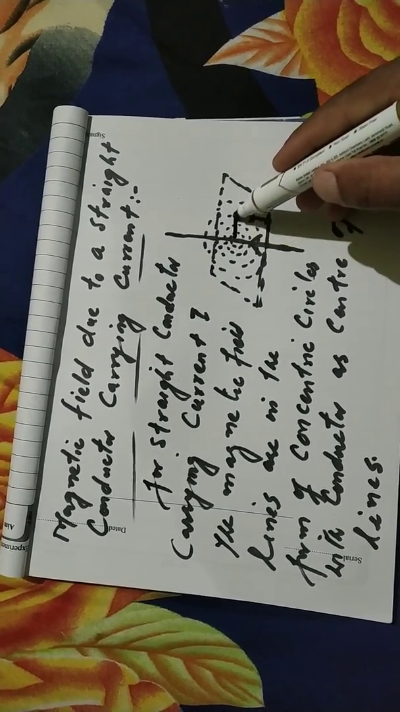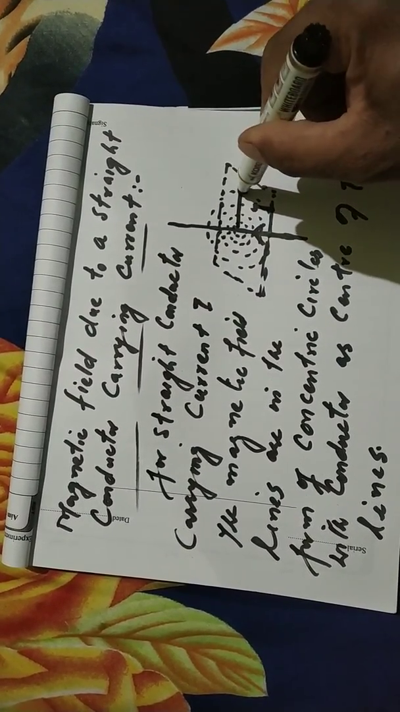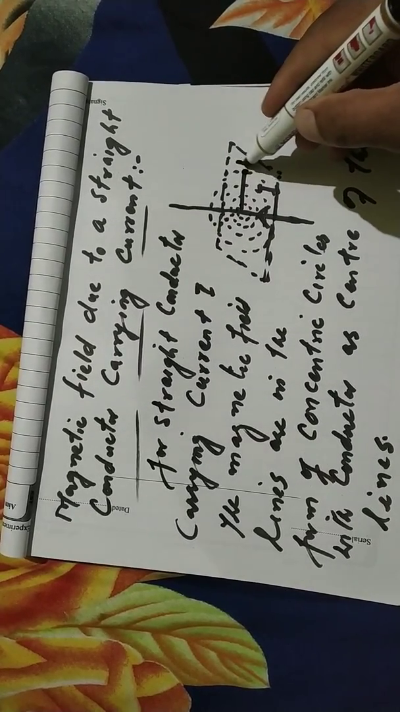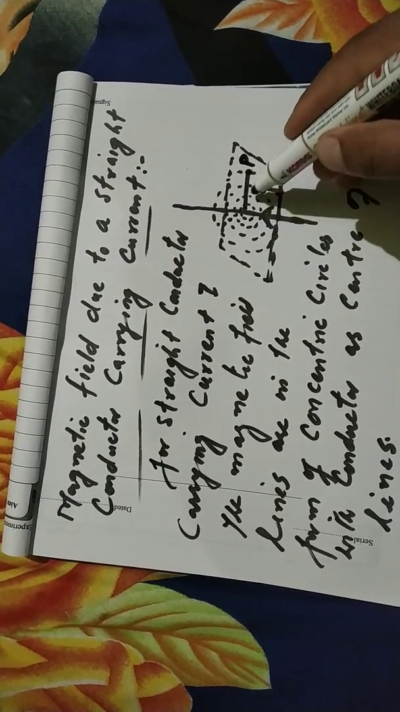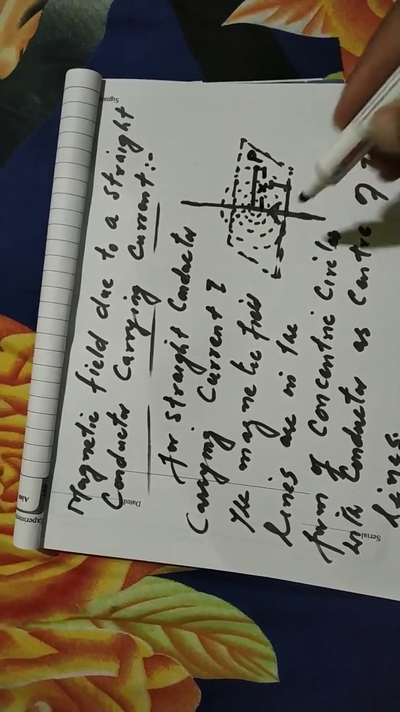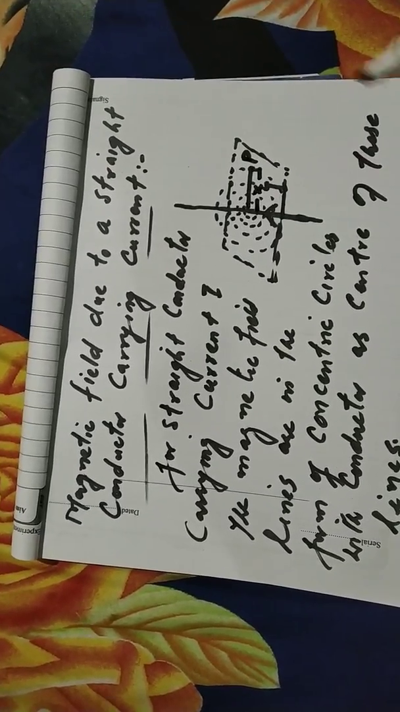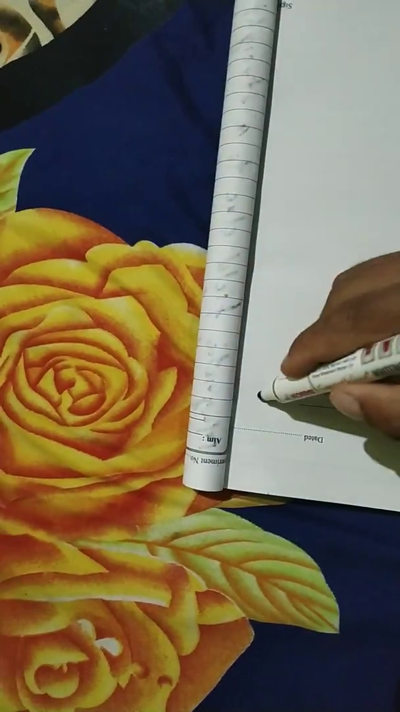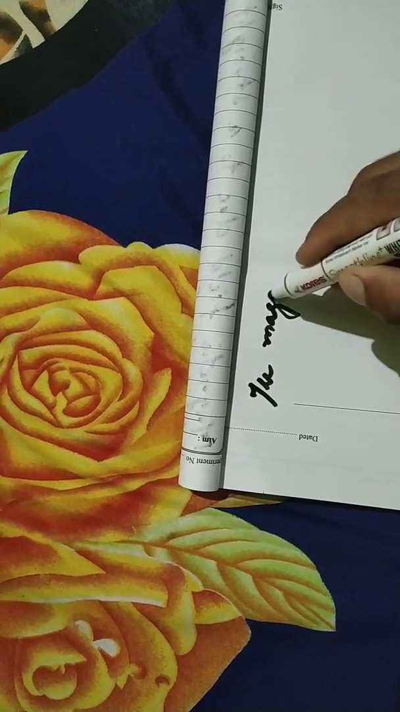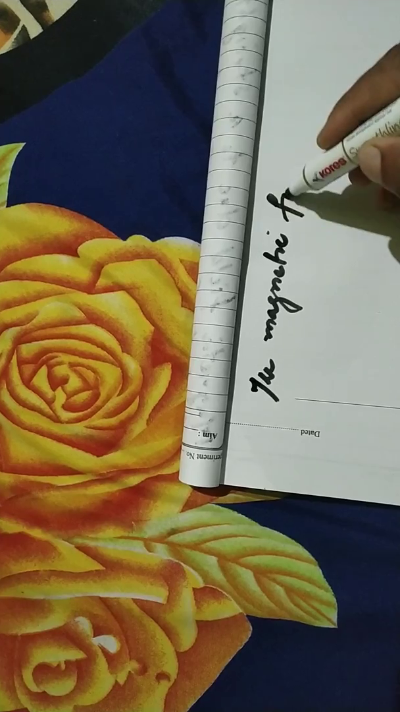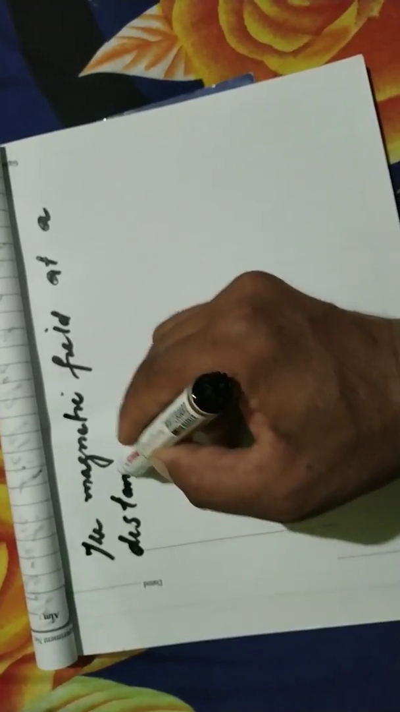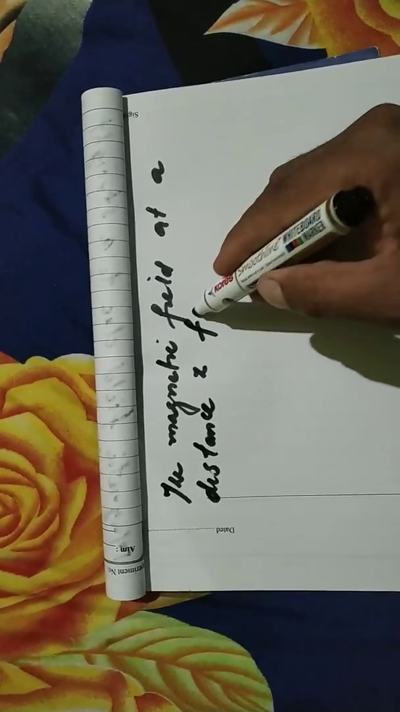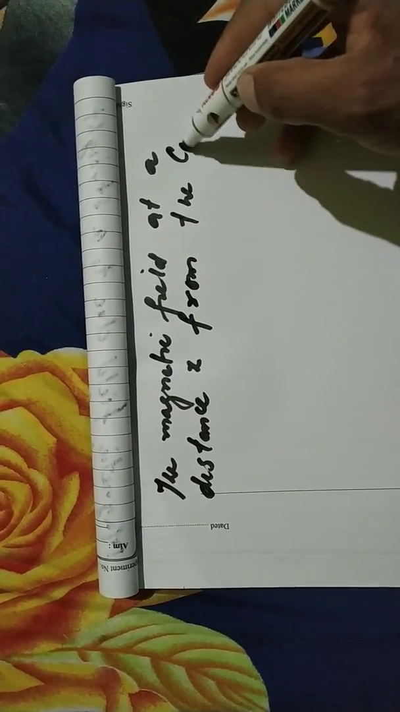So if I go to a separation, say at this point, say this is point P. Let the point P be at a distance of x from the conductor. Then what is the magnitude of magnetic field at point P due to this conductor? The magnitude of magnetic field at a distance x from the conductor carrying current